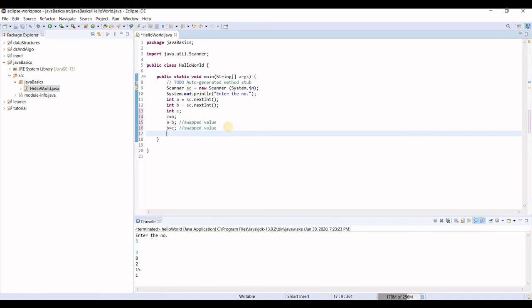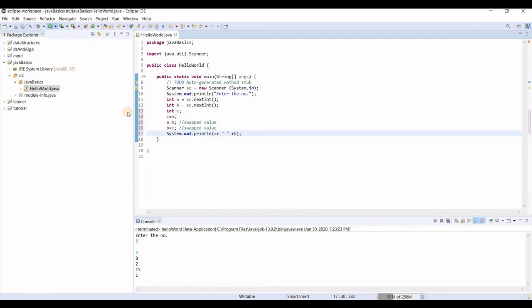And now if we try to print a and b, a and some space and b. Alright, why is it showing error? Plus over here.